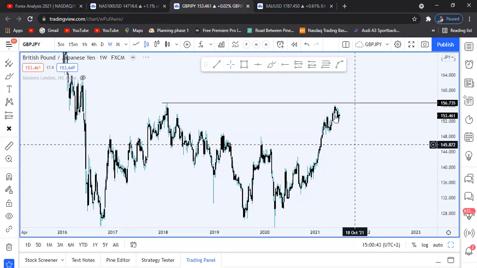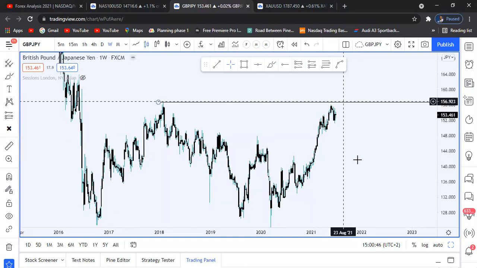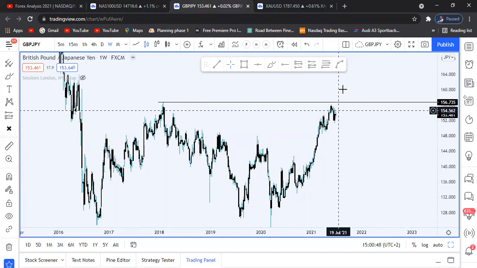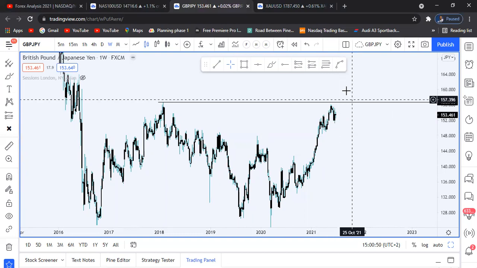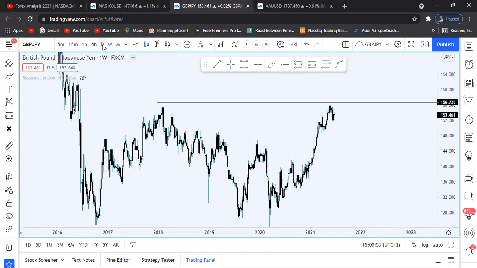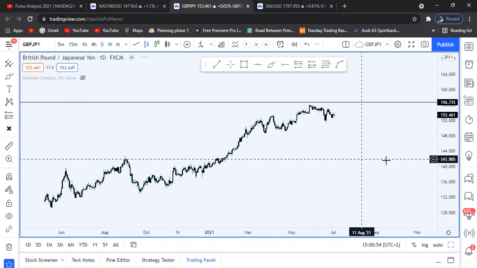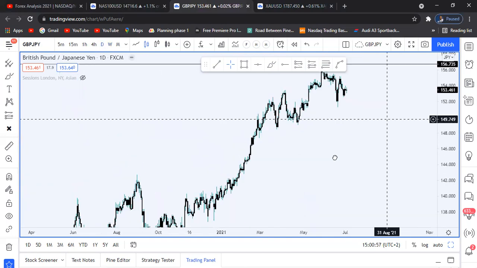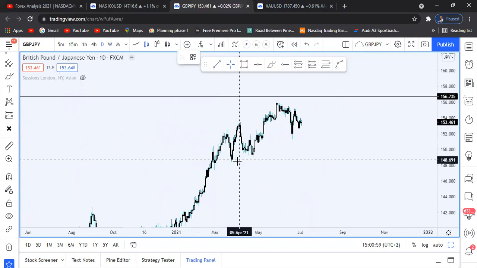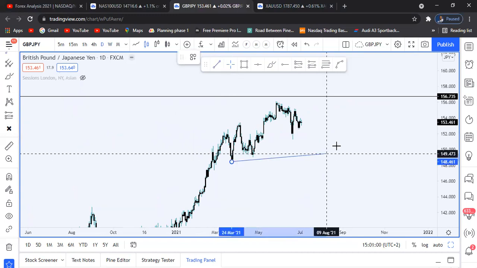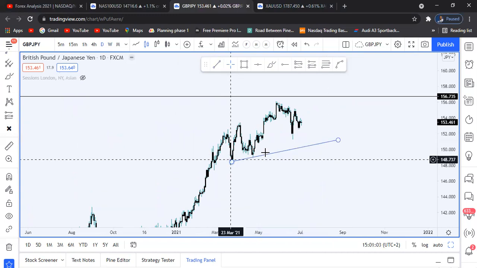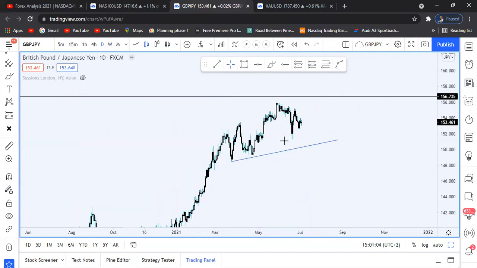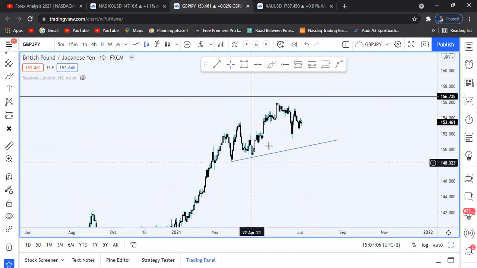So we might expect price to come tap here before going down, or we might see price breaking above and coming for a retest. That's the scenario I am not really looking out for. Driving down to my daily time frame, I can draw my trend line from here to here. But one thing you can see, guys, is that this trend line doesn't touch here. It's so far from price.